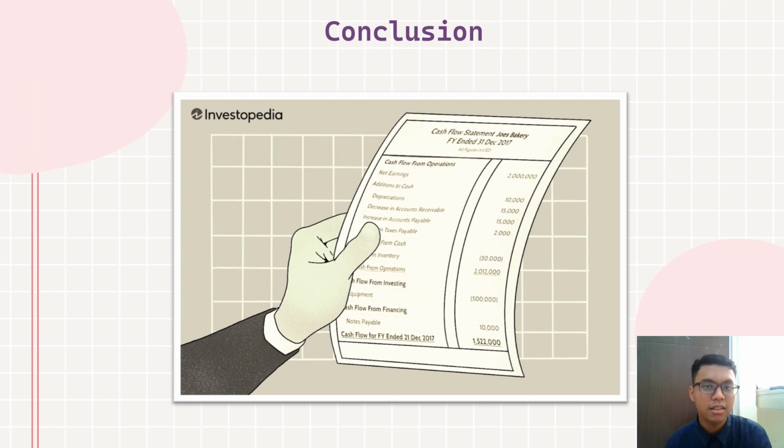Conclusion. Finally, I'll summarize my presentation. A cash flow statement is a valuable measure of strength, profitability, and the long-term future outlook of a company. The cash flow statement can help determine whether a company has enough liquidity or cash to pay its expenses. A company can use a cash flow statement to predict future cash flow, which helps with budgeting matters.